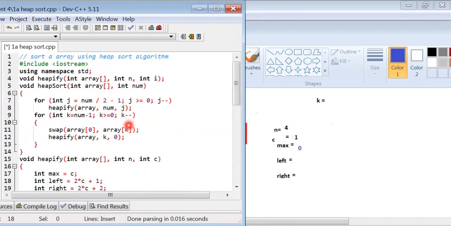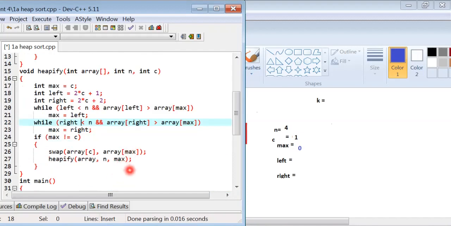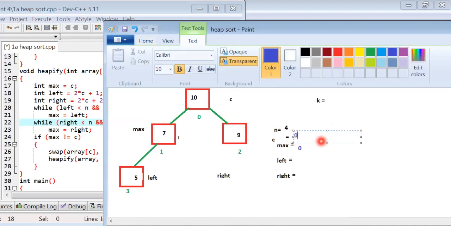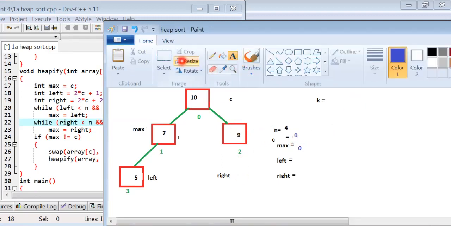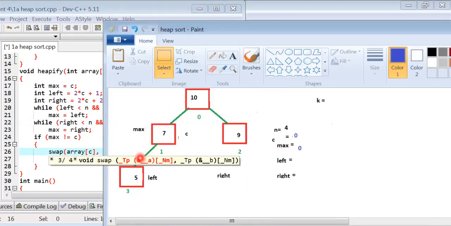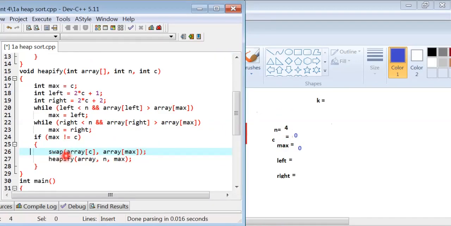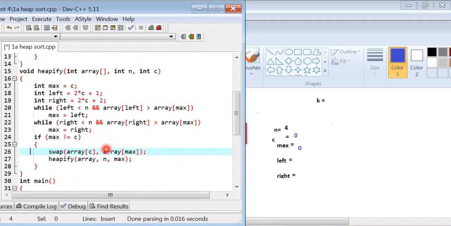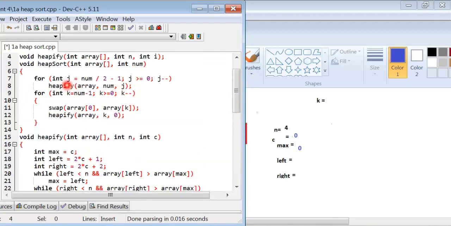We call the heapify: max value is 0 and c value is 0, and c points to this. Max not equal to c, the condition is false. Then the while loop is terminated.